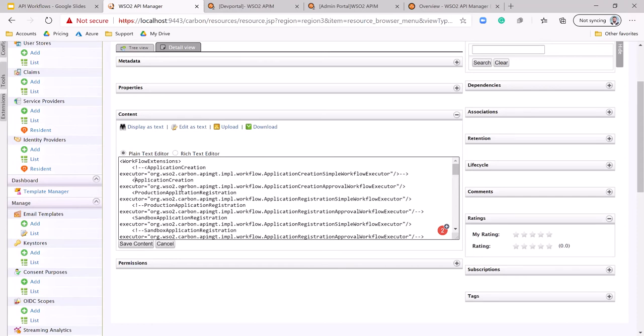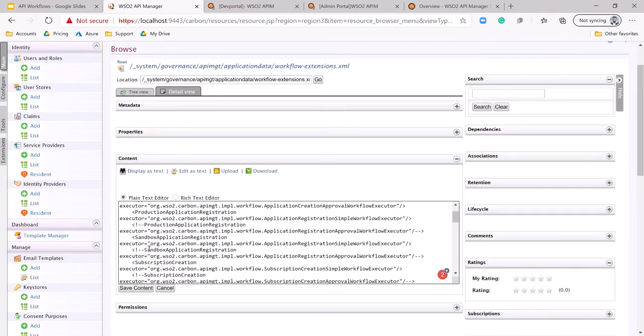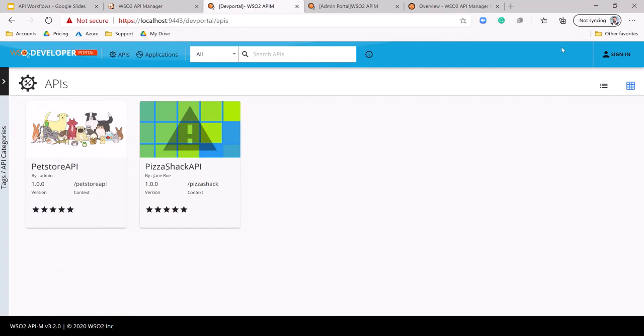So I have already enabled a workflow for application creation process. I have not enabled for any other scenario. Just to demonstrate, I have enabled only for application creation use case. But you can go ahead and enable all of them, or enable depending on your use case, and save the changes. And then what I can do is I can go to API Manager developer portal and let me log in